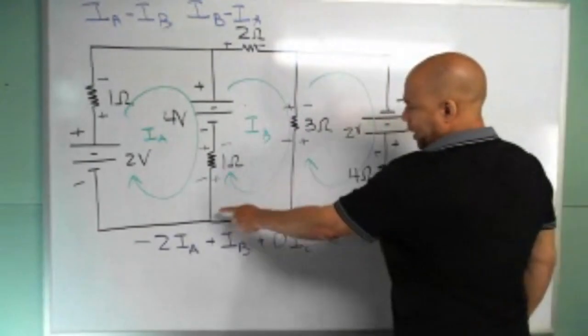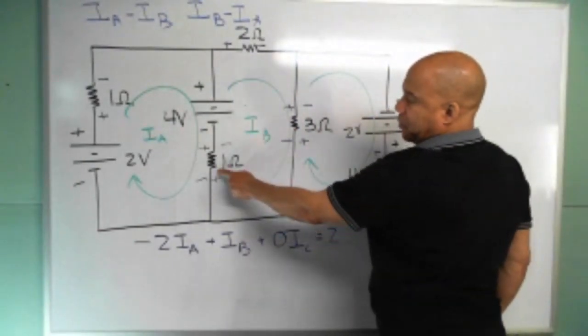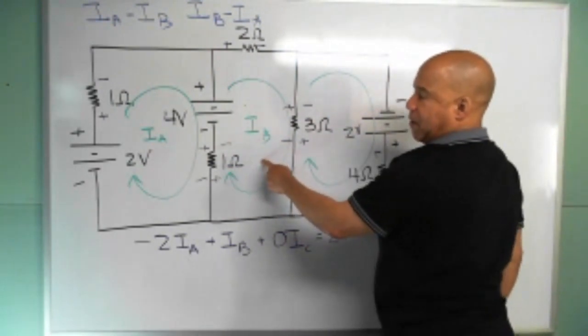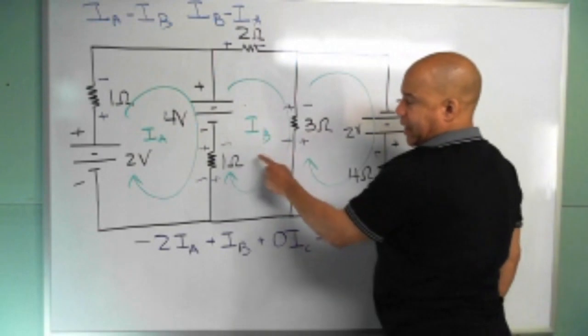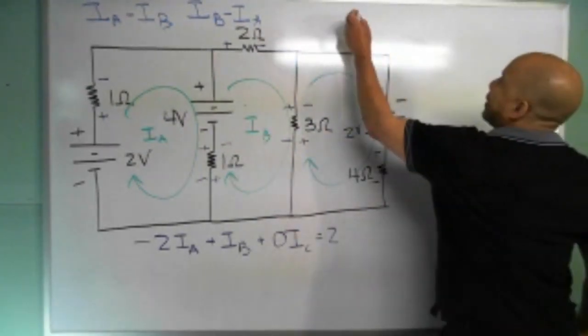All right, I'm gonna start here and go around. Now here I have a situation where I have one resistor, 2 currents. I'm in the IB window, so I'm going to write IB first. I'm going to write IB minus IA. So I go from a plus to a minus. That's a drop. So I got a minus